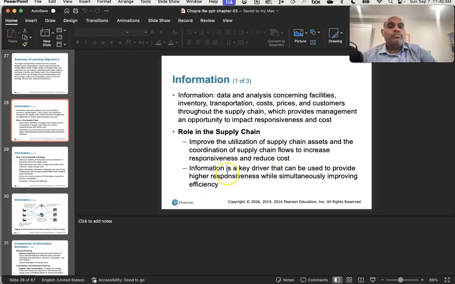And of course, information is the first cross-functional driver that we're going to be looking at, and their role in supply chain is to improve the utilization of supply chain assets, right? So information is one thing that you can share with your supplier and with your customer. So let's say that you are a company that is within a long supply chain, and you have a company as a supplier and a company as a customer. In this case, then you can share information with both your supplier and your customer about what kind of demand you expect, what kind of new products you might be making, and things like that, so that